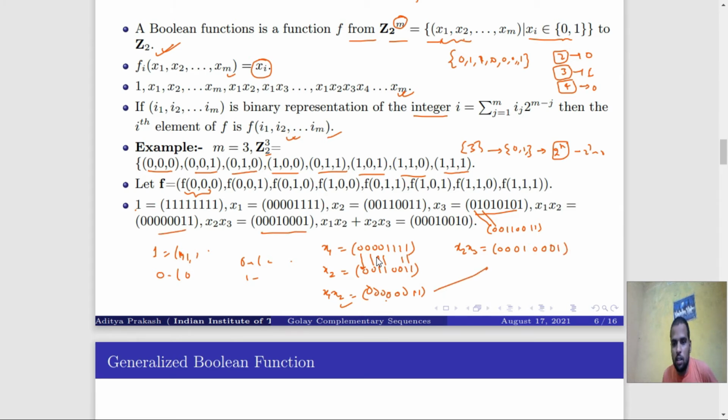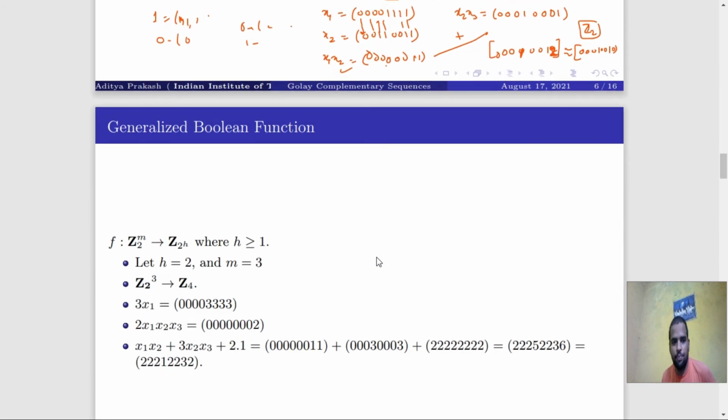Now adding these two things, what do we get? 0 0 0 1 0 0 1 2. Here 2 must be replaced, because we are in the Z2 form where only 0 and 1 are allowed, but after addition we get 2. So we divide 2 by 2, which goes 1 time, so the remainder will be 0. So we get 0 0 0 1 0 0 1 0, which is nothing but x1x2 plus x2x3. I think you have understood what the Boolean function is and how to introduce it.